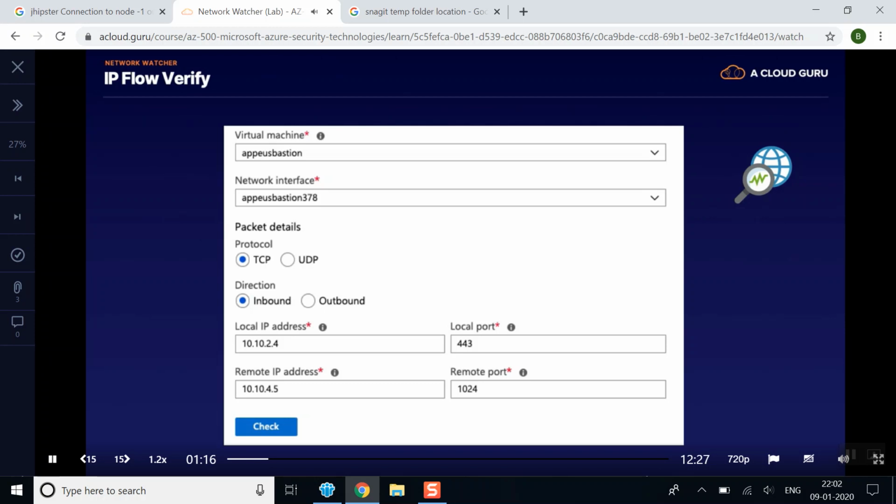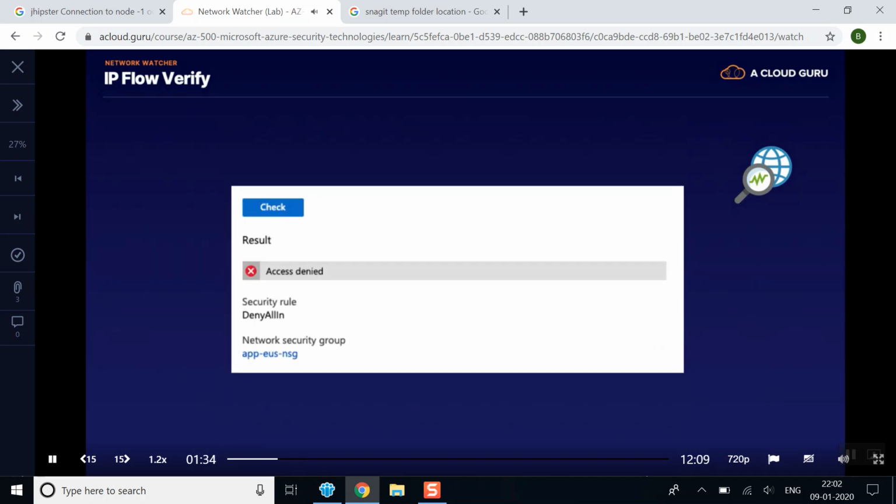For example, you may be troubleshooting why HTTPS traffic from one application server isn't arriving at another application server. Insert the IP addresses of the remote and local virtual machines and the source and destination ports and press check. In this case, the traffic is blocked by the rule Deny All In within the Network Security Group app EUS NSG. IP Flow Verify can be really useful for troubleshooting connectivity issues, and it can save a lot of time, as you don't need to analyze the NIC and subnet NSGs, which may be associated with the source and target